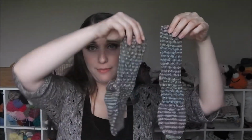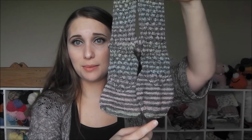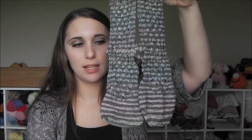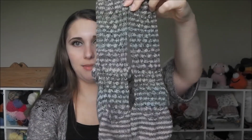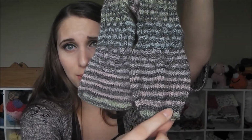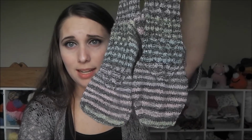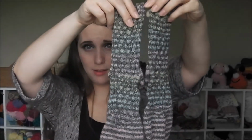So I finally finished the second one. So I have my first pair of socks, and you can see the toes are different because I did this one a little bit better. I tried to copy this one, but it didn't quite happen. But they fit fine, and you can't tell. I bound off less stitches on this one. So, you know, it is what it is, but they'll fit their purpose,